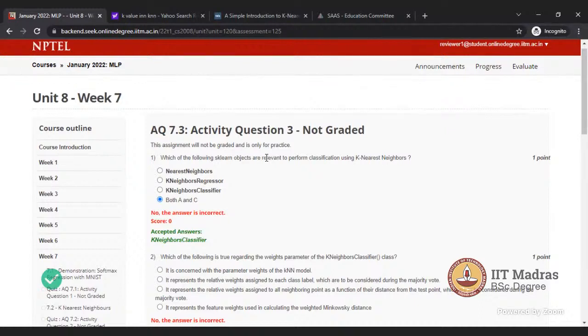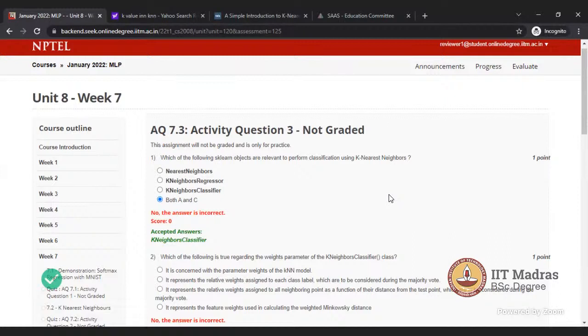Have you worked with this MNIST data set? Yes. So in that data set we have 784 features. Why is it so large? Because it is image data, 28 by 28 pixels, and that is what is represented in 784.